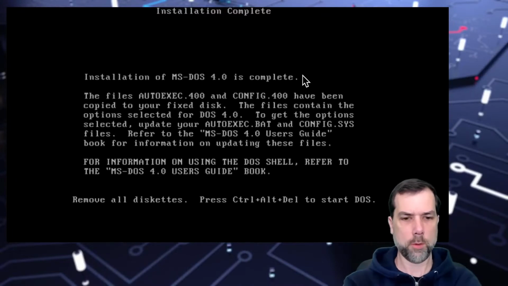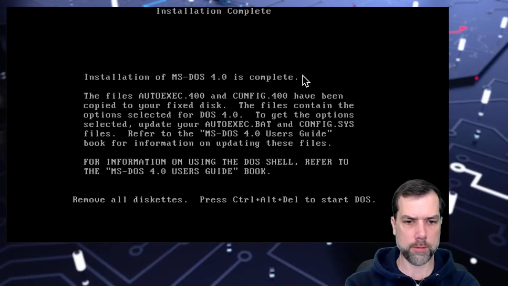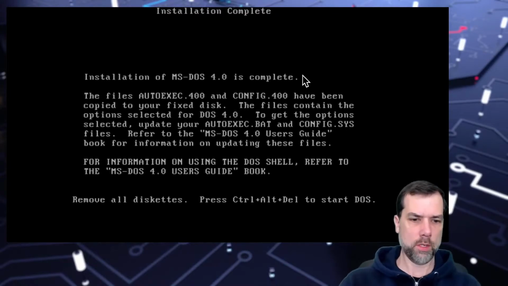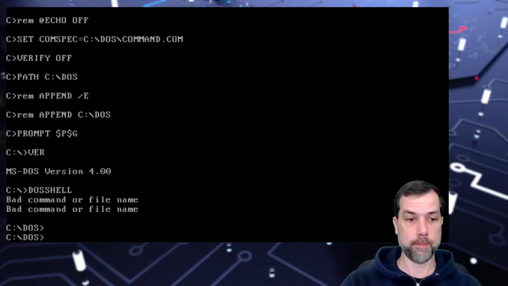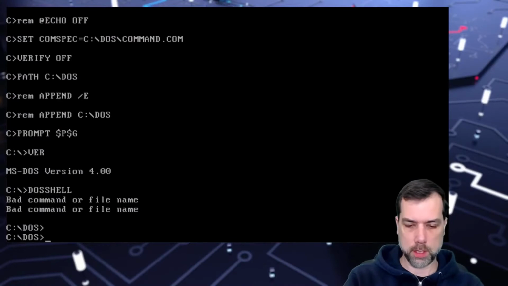Files autoexec.400 and config.400 have been copied to your fixed disk. The files contain the options selected for DOS 4. You get the options selected, update your autoexec.bat and config.sys files, refer to MS-DOS 4 User's Guide book for more information. I don't have that book. I don't know what I'm going to do. Remove all floppy disks and reboot. Let's try that. Work this time? Oh, yeah. Well, because it didn't